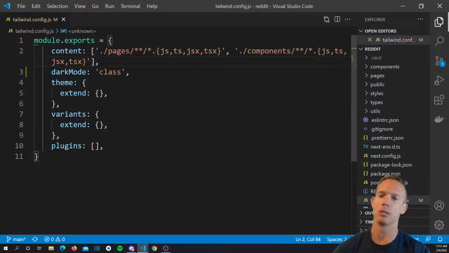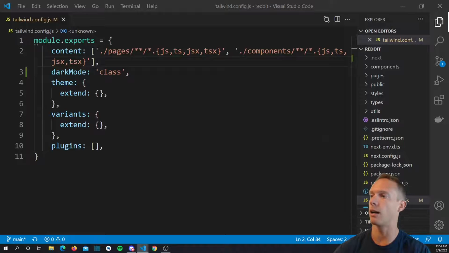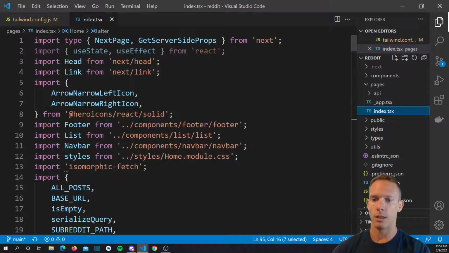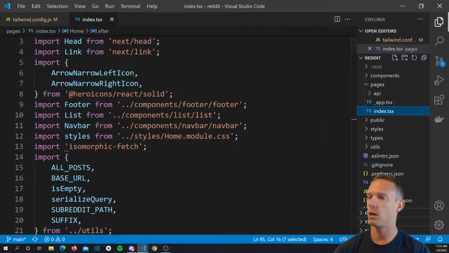But class is basically just saying that anything that you put the dark mode class on, all of its children will switch over to satisfying the dark mode conditions, right? And so if you have any dark mode classes on in those children, then it will switch over to that style. So let's go ahead and open up our index.tsx pages, and